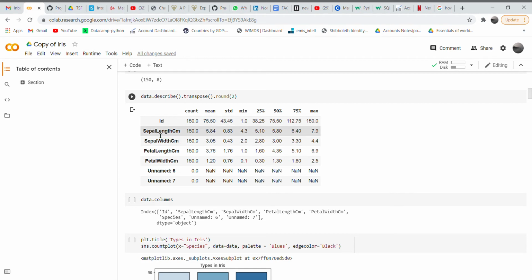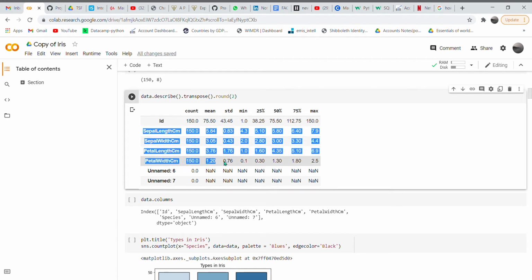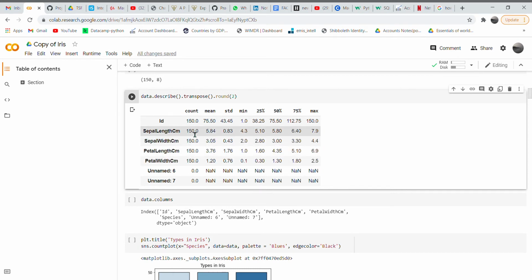Let's consider these four main variables, where every variable's count is 150, and the mean for sepal length is 5.84, and width is 3.05, 3.76 for petal length, and 1.20 for petal width. This is the mean, and this is the standard deviation, and the minimum will be 0.1, and the maximum will be 2.5 for petal width, and 4.3 will be the minimum for sepal length, and the maximum will be